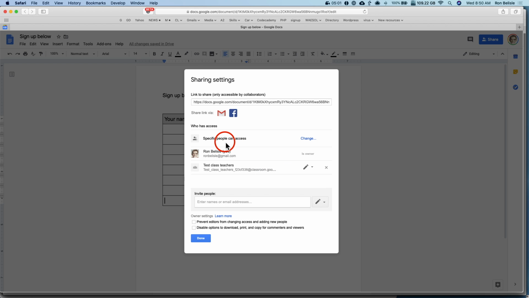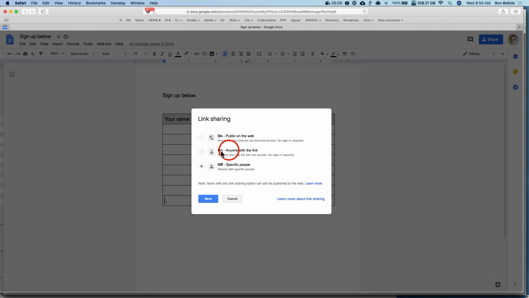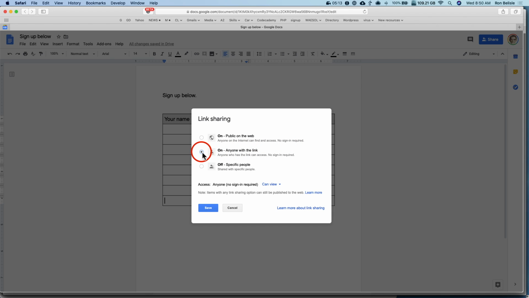But if I want to give editing access to students, I have to go here, and then I go anyone with the link, and in MWU this is going to say anyone within the MWU, and there's Japanese,